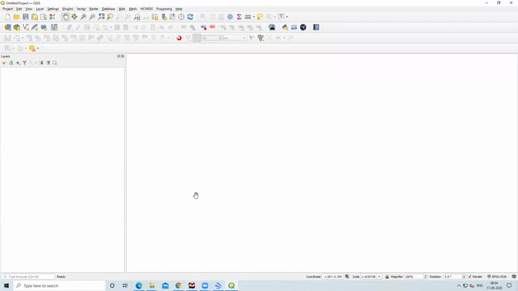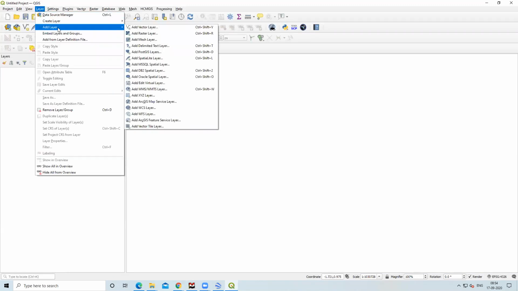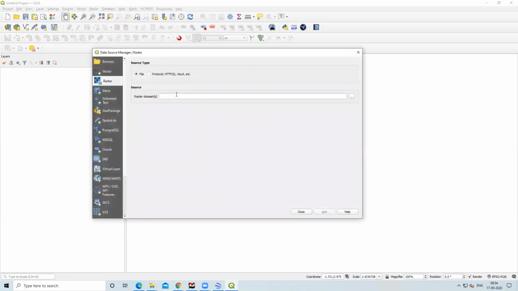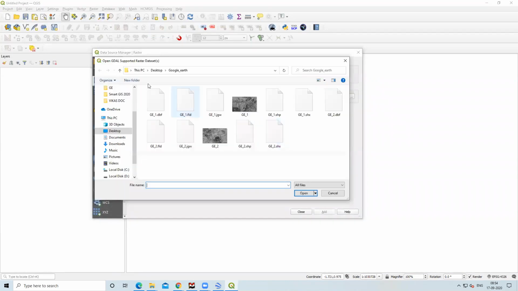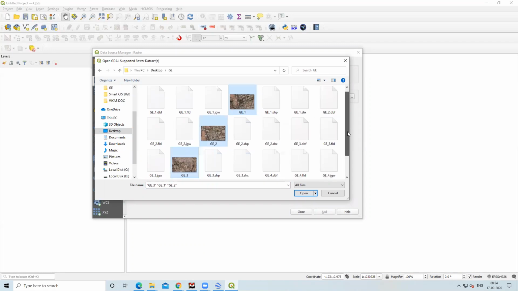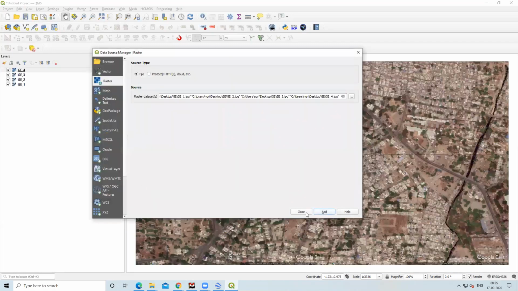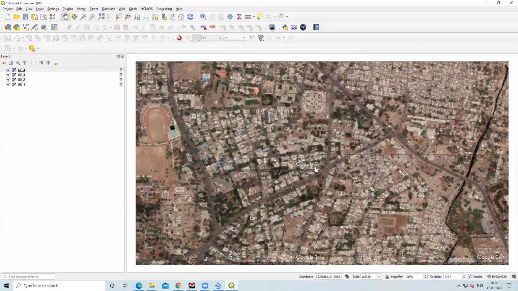If you want very high resolution, you can take a very high resolution image also. Then layer, add raster layer. We'll go to our desktop GE folder. I will select all these 4 images and I will open, add and close.